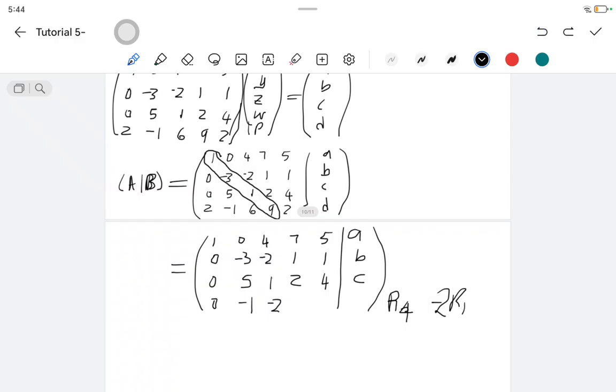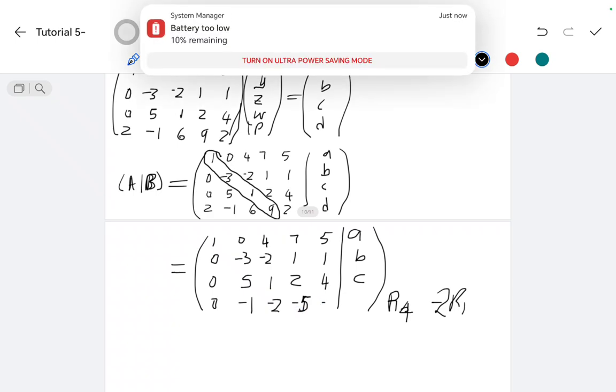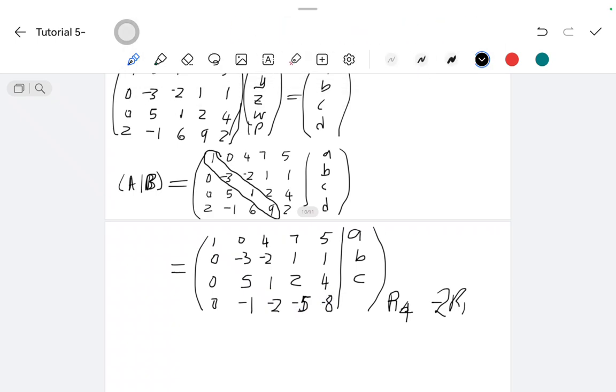Then 9 minus 14. What is 9 minus 14? Is it minus 5? Then 2 minus 10 is minus 8. Then this is D minus 2A. Alright, if we highlight those diagonal entries, we realize that we are left now to change this